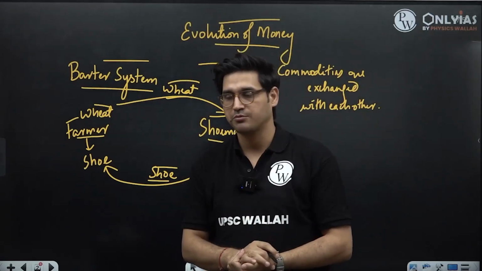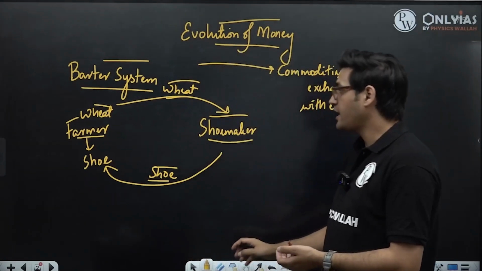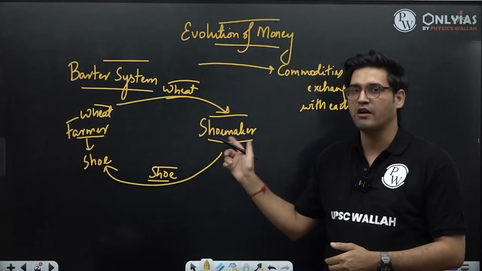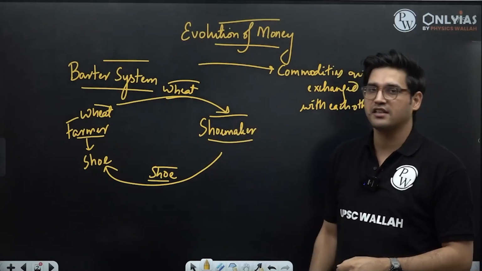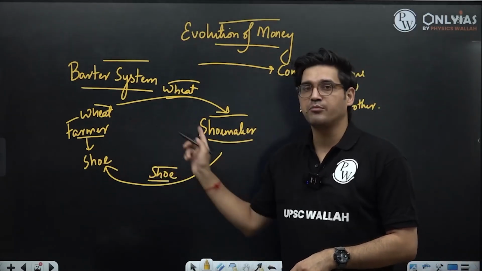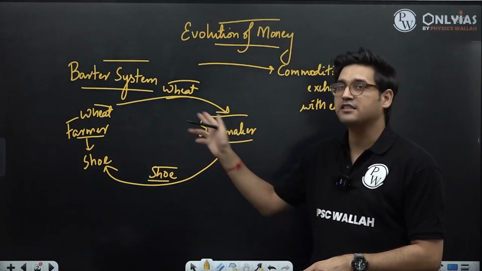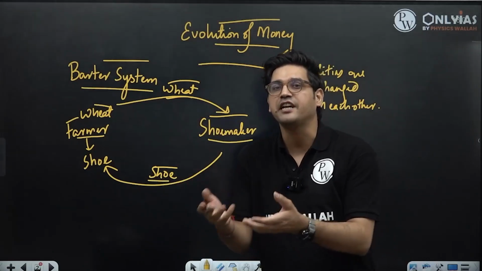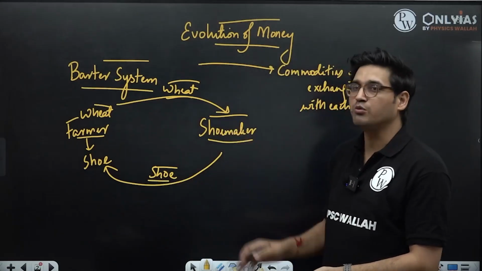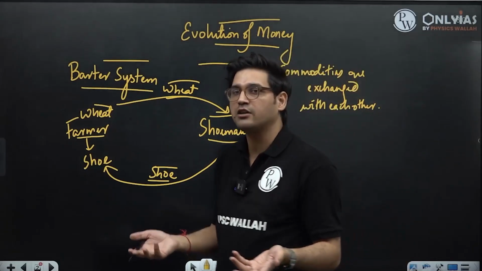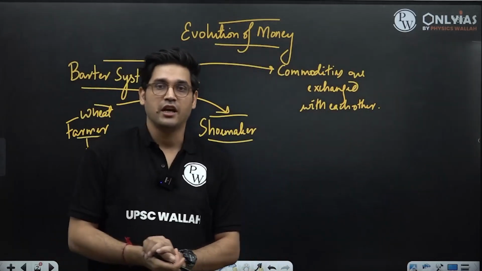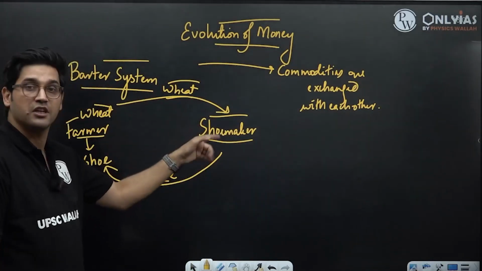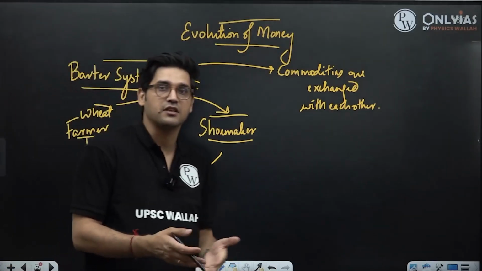What were those problems? The first problem is that I, as a farmer, go to the shoemaker and I ask of him, do you have a shoe fit to my size? And the shoemaker says yes. So I ask of him to give me the shoe. The shoemaker asks me, what is it that you are going to give me if I give you the shoe? And I tell him, I have wheat to offer. What if the shoemaker already has a lot of wheat to satiate his feeding requirements? Is the transaction going to go through? Is he going to give me shoe in exchange for wheat which he already has? Quite obviously the answer is no.